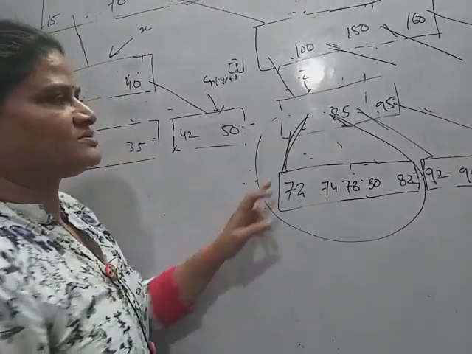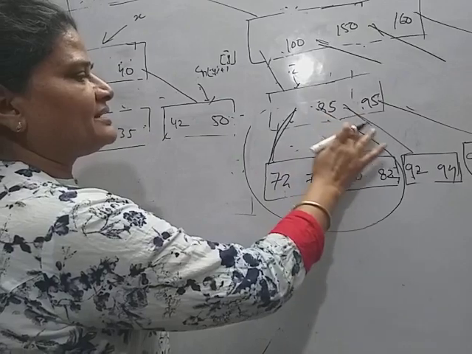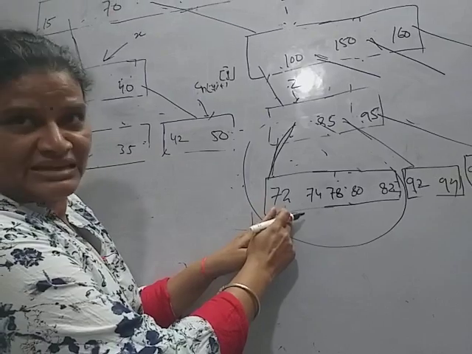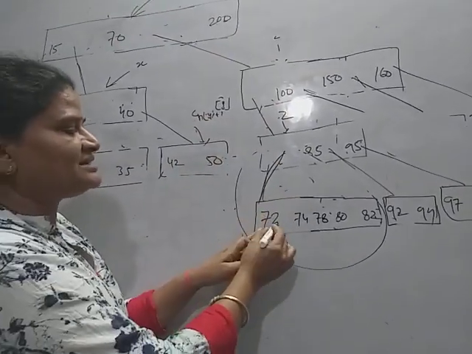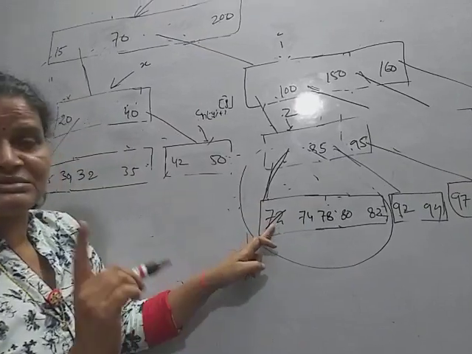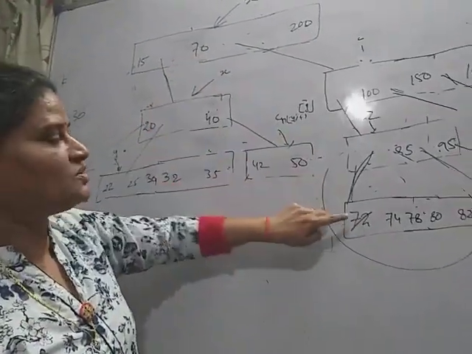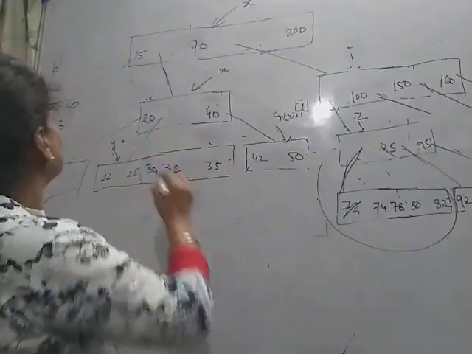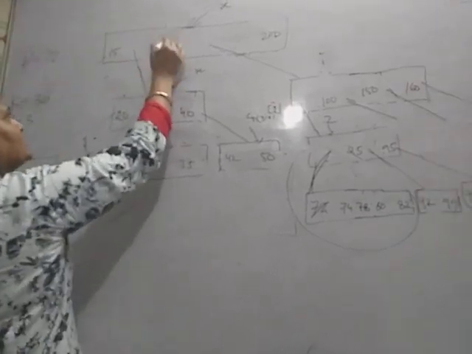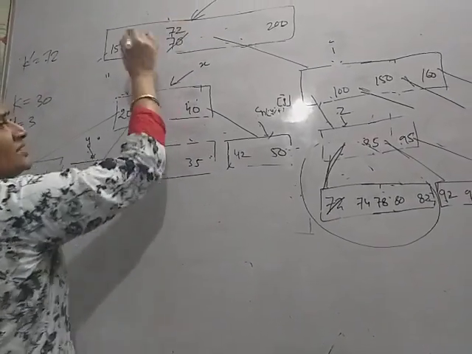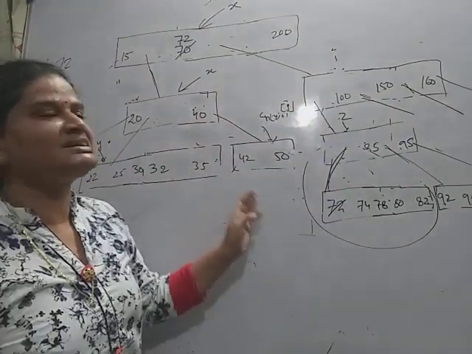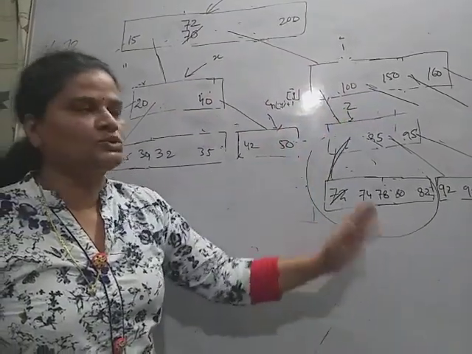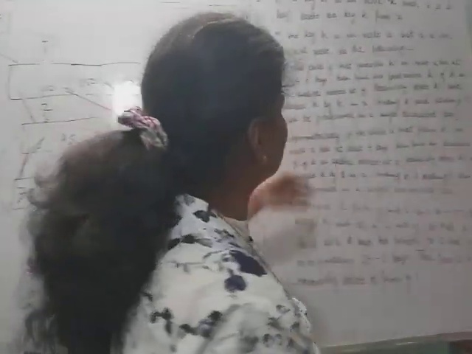So here Z will lose one key and the pointer to Z. And now finally the problem is to delete 72 from the leaf node, and this converts it into the first case, and 72 will be deleted here. But this is the immediate successor of 70. So at the end we replace K by K dash. Here K dash is 72. So 70 is replaced with 72, maintaining the search property, as all the elements are greater than 72.